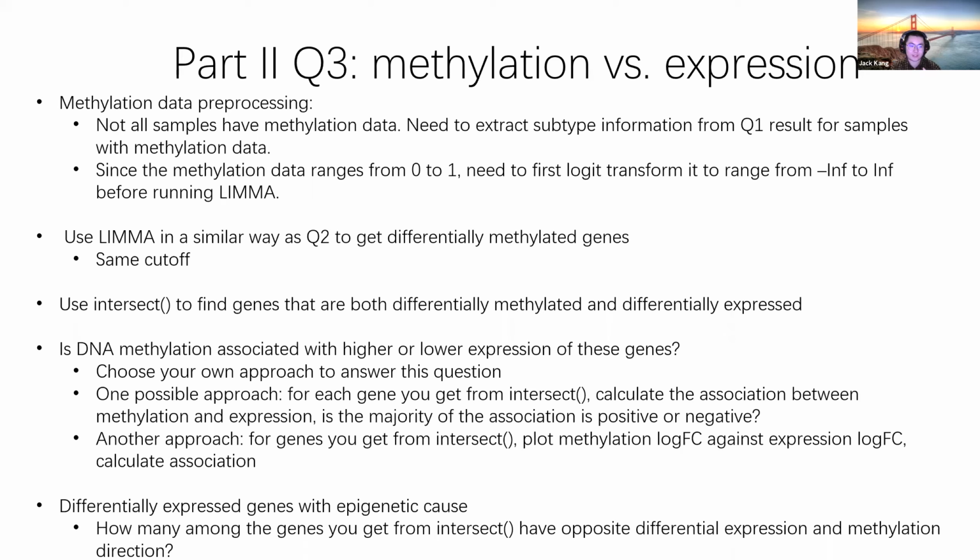And finally, still question 3, it also asks you, how many differentially expressed genes have epigenetic cause? It's kind of vague, I know. What you should really be doing is check how many among the differential genes you get from the intersect command have opposite differential expression and methylation direction. One simple way is you take the product of their methylation log-fold change and their expression log-fold change and see if you get a negative value or positive value, and you count the number of negative